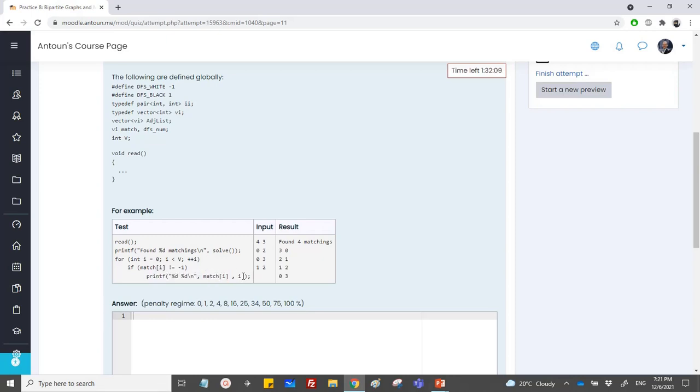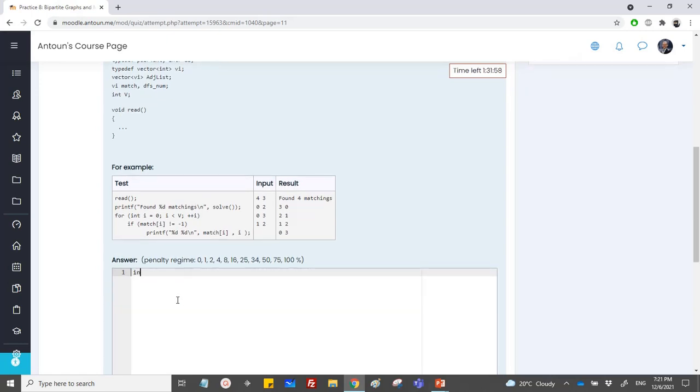So for each vertex I have the matching at the beginning, and I need to write the solve. So let's start. I have int solve, and let's see what we will do. Obviously I need a counter because I need to return it. So let's call it, for example, max match, and I should initialize it to 0, and I will return it at the end